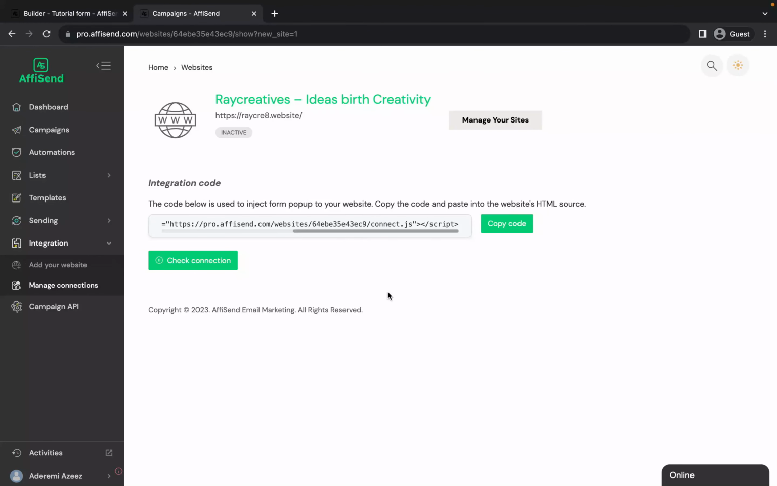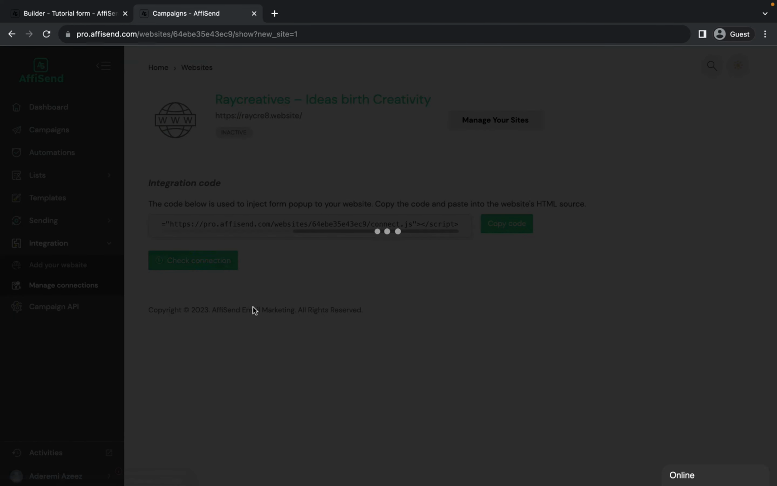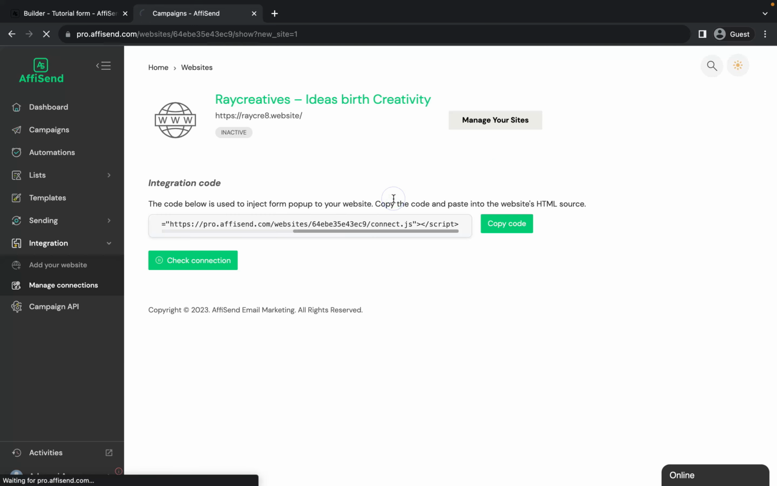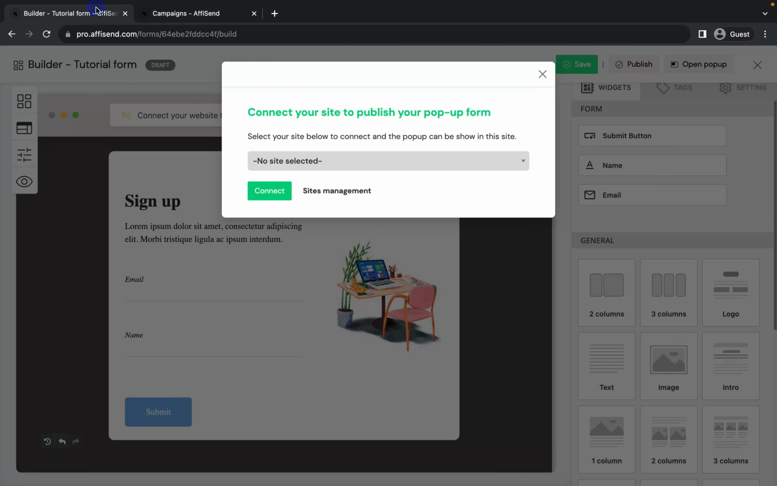Now I've copied the code and pasted it. Click on check connection. Now it can find the code on my website. If you cannot find it, you will see an error, but this is success, so it has found it. Click on OK. So it's now connected. Let's go back to the form,